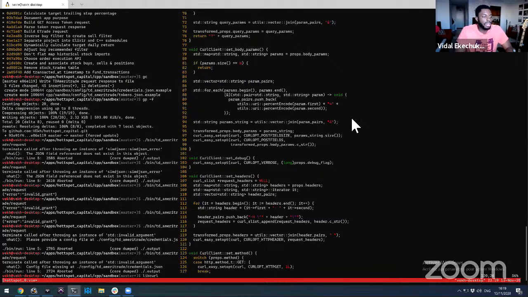So let's say you wanted to define a series of HTTP headers, there's this linked list in the curl domain called request headers, and you push to the back of that linked list with curl_slist_append the header string that you want to append to your header. And then you pass the pointer to that linked list